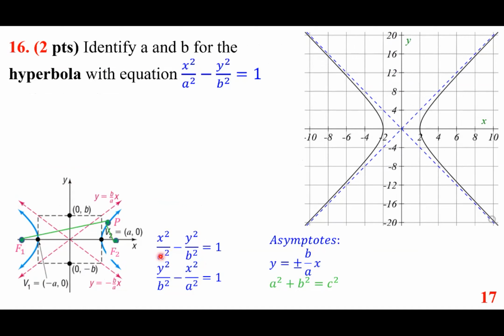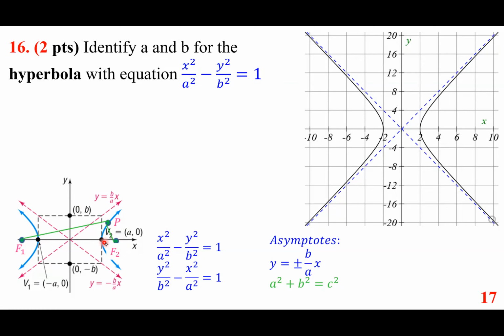If we keep the a squared under x squared and b squared under y squared, sometimes some texts change them. So therefore, we also have a squared plus b squared equals c squared. Remember, this is the focal distance of focus, and therefore it will always be a squared plus b squared equals c squared because c is always larger than both a as well as b. And so